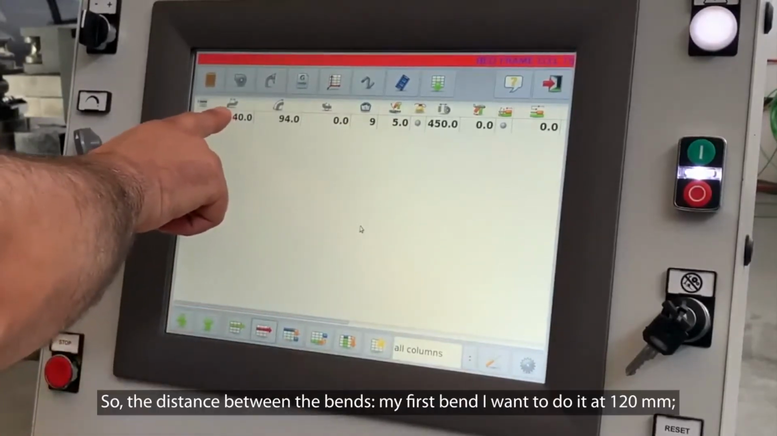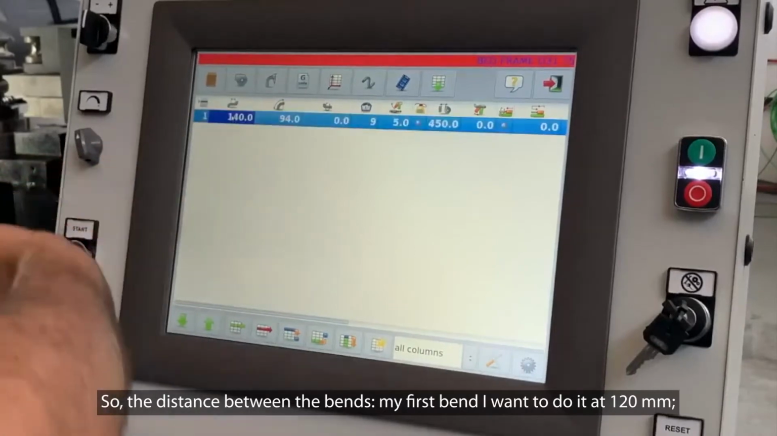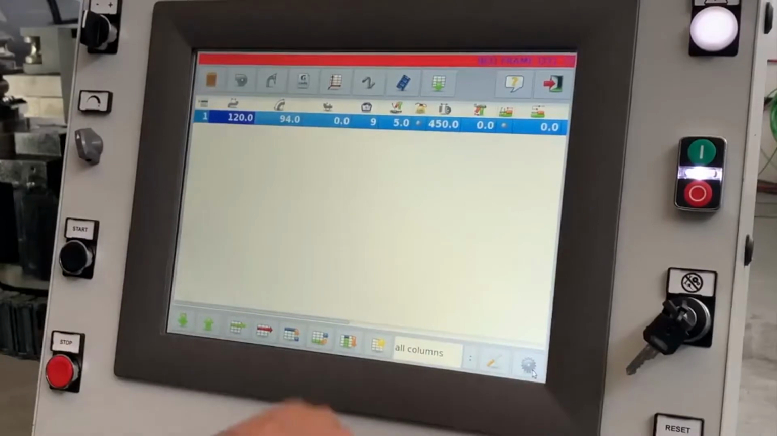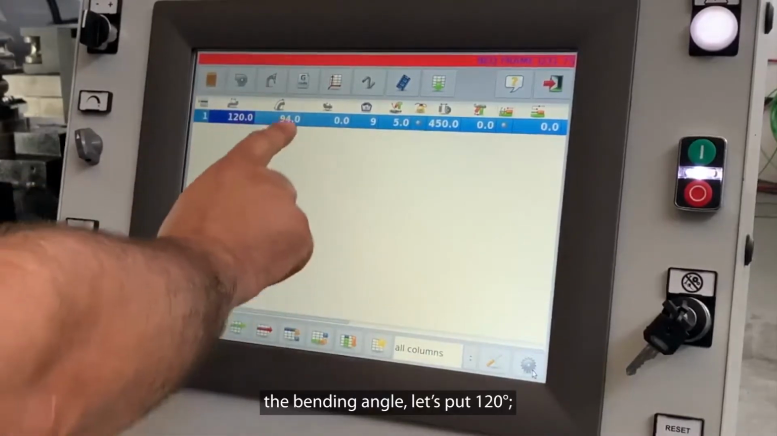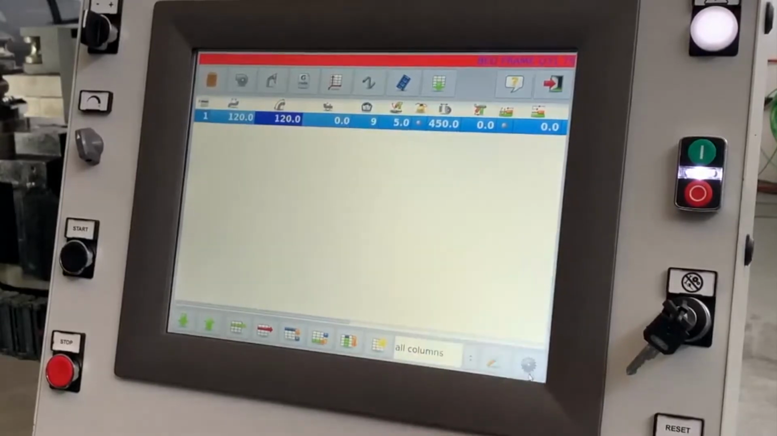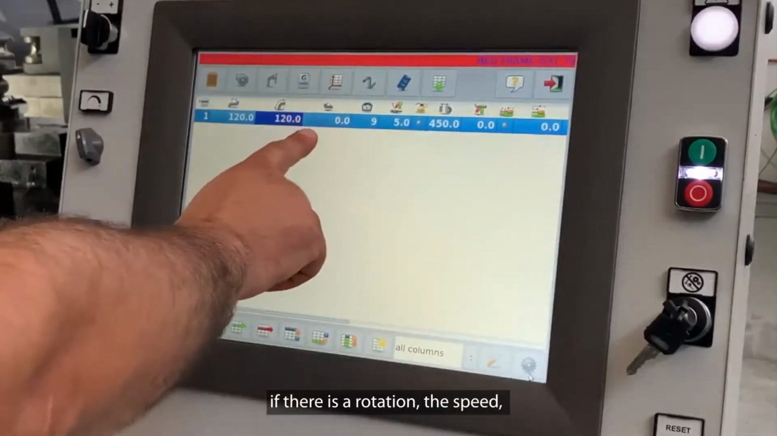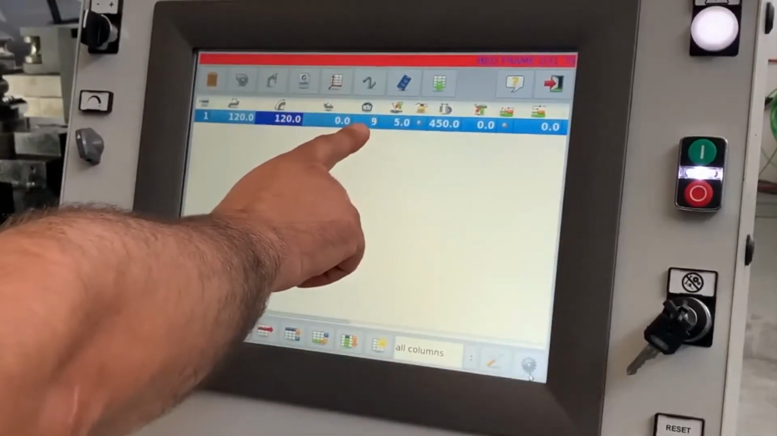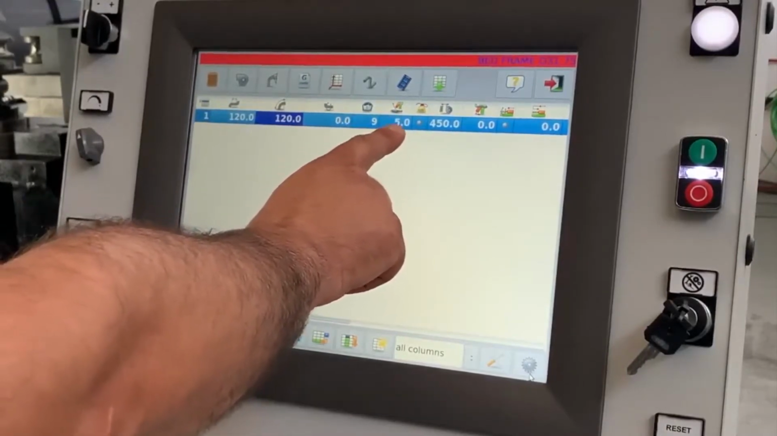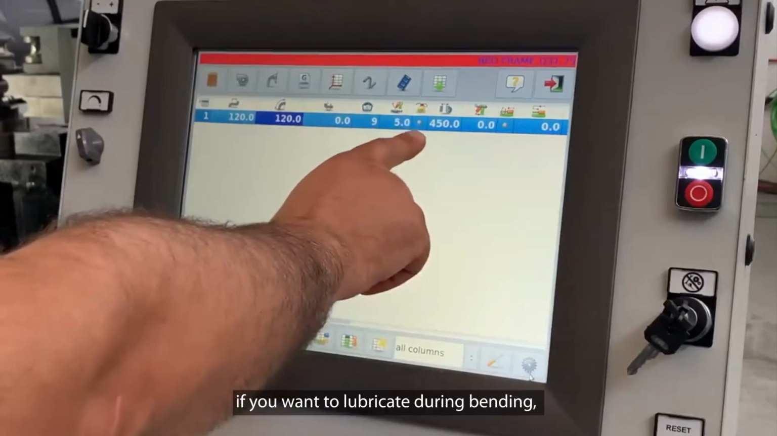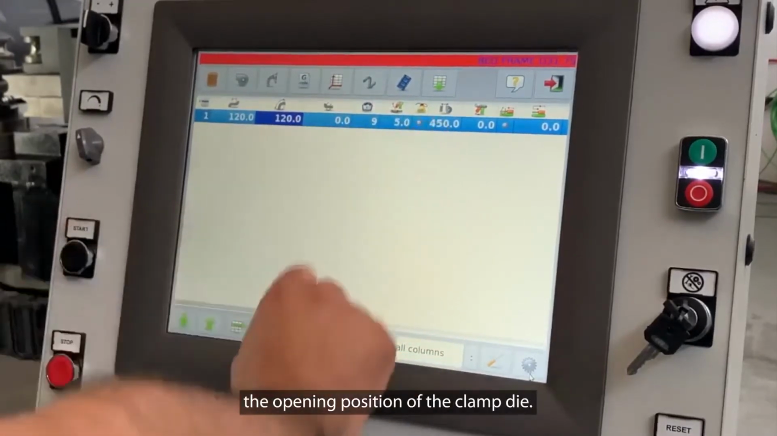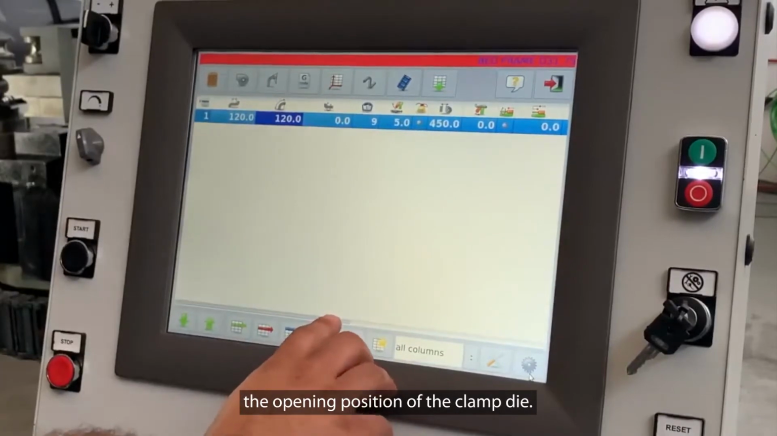So, the distance between the bends. My first bend, I want to do it at 120 millimeter. The bending angle, let's put 120. If there is a rotation, the speed, the manual pre-extraction value, if you want to lubricate during bending, the opening position of the clamp die,